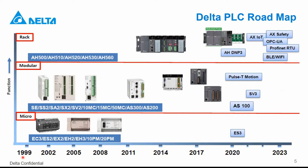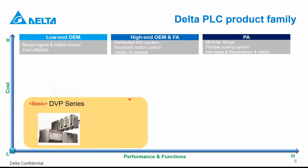As you can see, we have many series, and still we are, as a Delta, we are investing on PLC families. Okay, so here you can see we have long-term plans. Okay, what we have so far? So far we have DVP series. This is our basic PLC series, and it is the first PLC we released, and still improving. And it is cost effective, and when you compare the performance and functions, it can meet low-end and some high-end